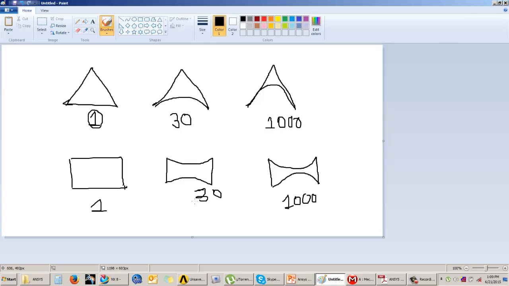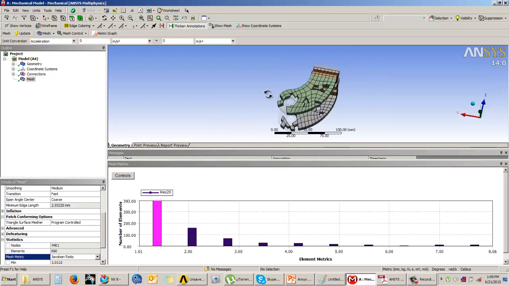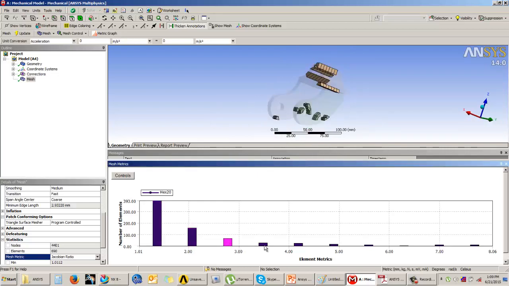So the Jacobian ratio is nothing but a shape check, and it indicates according to the values denoted. The values closer to 1 mean a perfect shape. But as the values start increasing, the shape is getting distorted, and these are becoming bad quality. Okay,